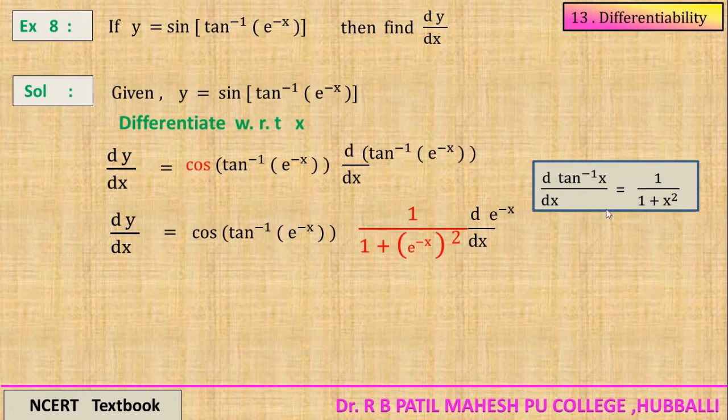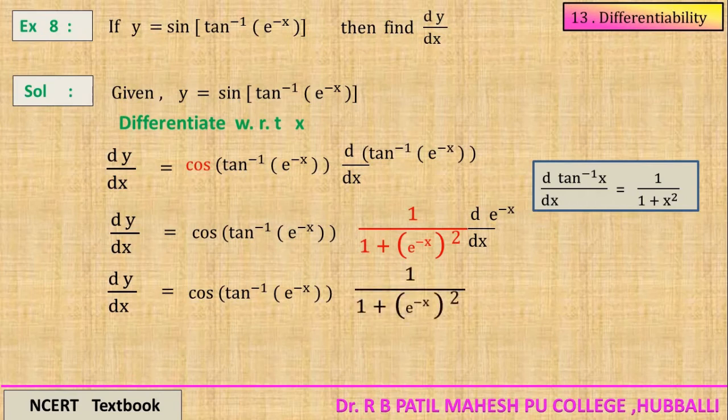Okay. You know the derivative of tan inverse, follow that tan inverse answer now. 1 divided by 1 plus square of the variable. Now the variable is e raised to minus x, square that one, and after that the derivative of the variable, that is e raised to minus x. So the next step is writing the derivative of e raised to minus x. The e raised to minus x function derivative is e raised to minus x into the derivative of minus x.